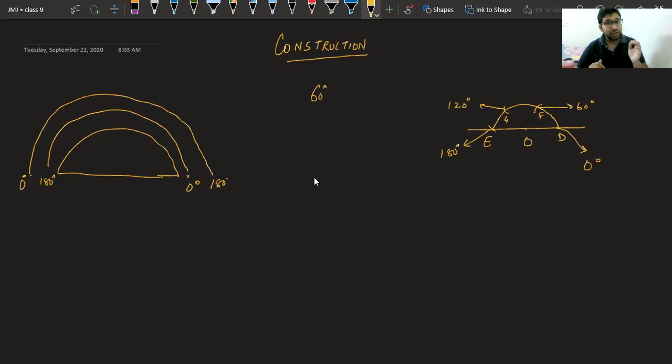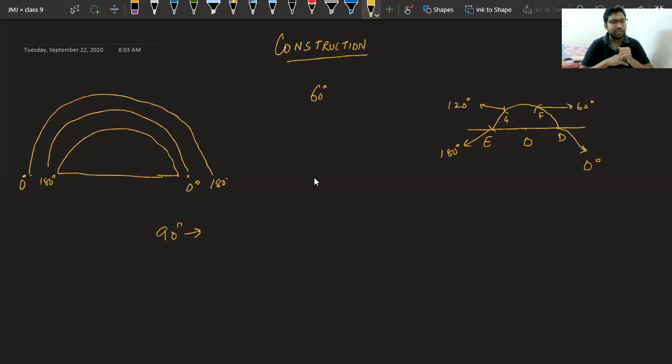No issues there. Now, the question comes, these were the angles that we made directly. Then in class 7th, your teacher told you how to draw certain other angles using these angles. So the first angle that you made in your life, apart from these all, was 90-degree. Yes. Can you tell me what was the procedure to draw a 90-degree angle?